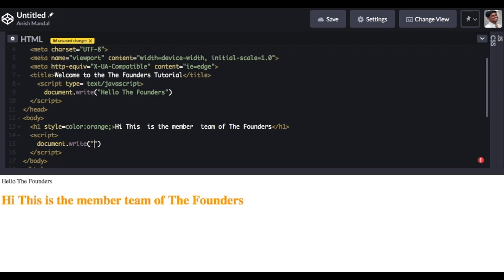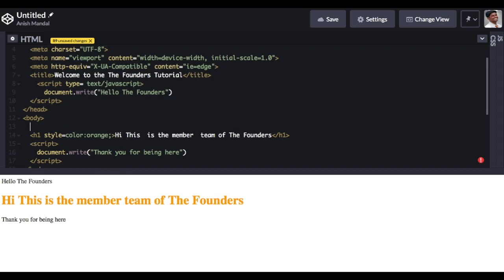Document.write. Thank you for being. Are you getting this? Look, the message is below the heading. So let's write above the heading.